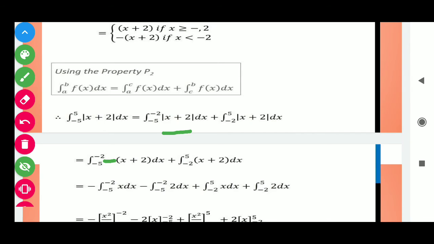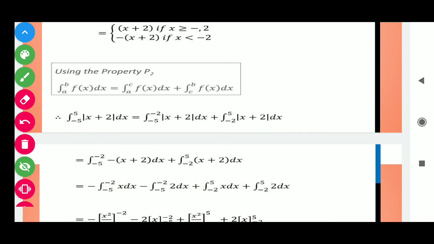In the same way, if you pick a point that lies between minus 2 and 5 and put that point in the modulus of x plus 2, suppose students, if we take 1, then we write 1 plus 2 and we get the answer 3. That is, we get a positive result. In this way, we assign a positive sign and write x plus 2 as it is without mode.